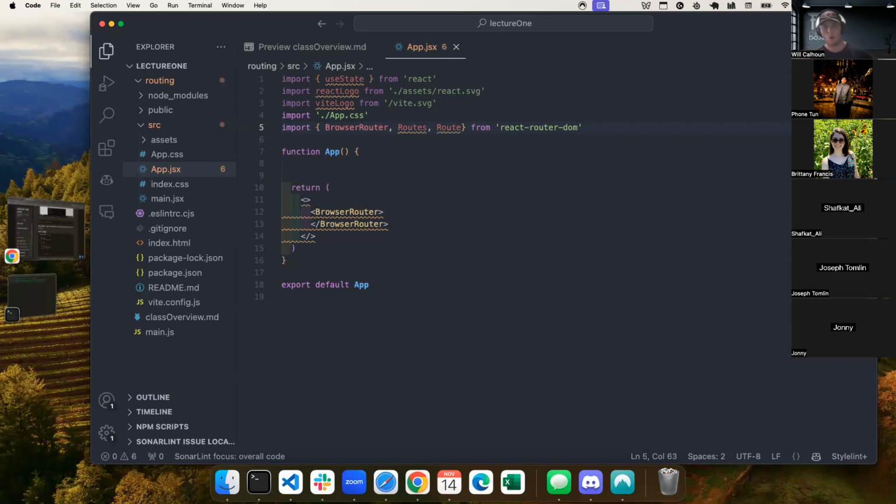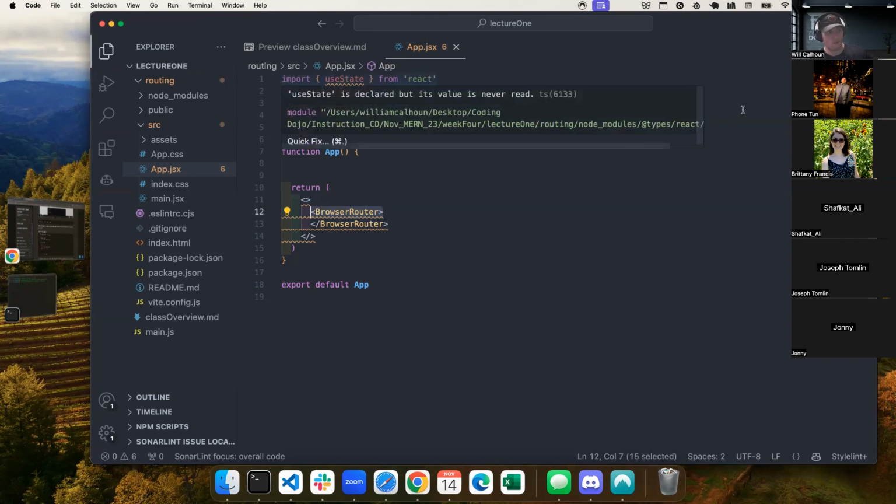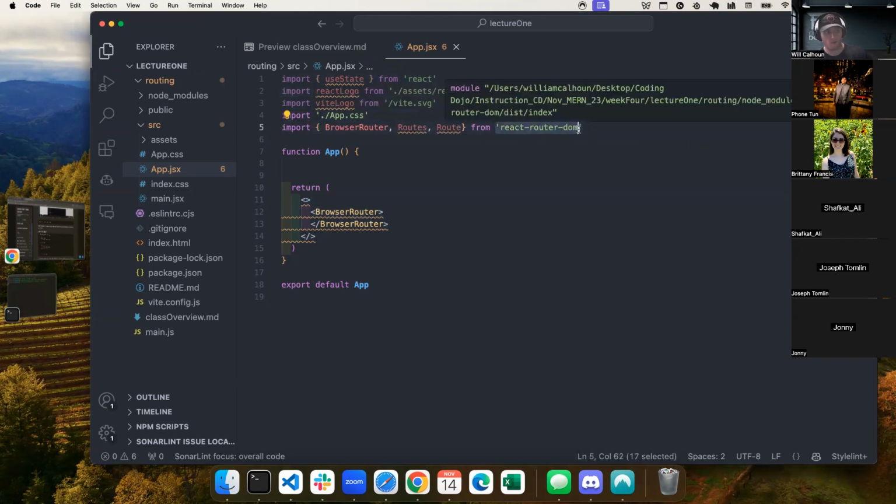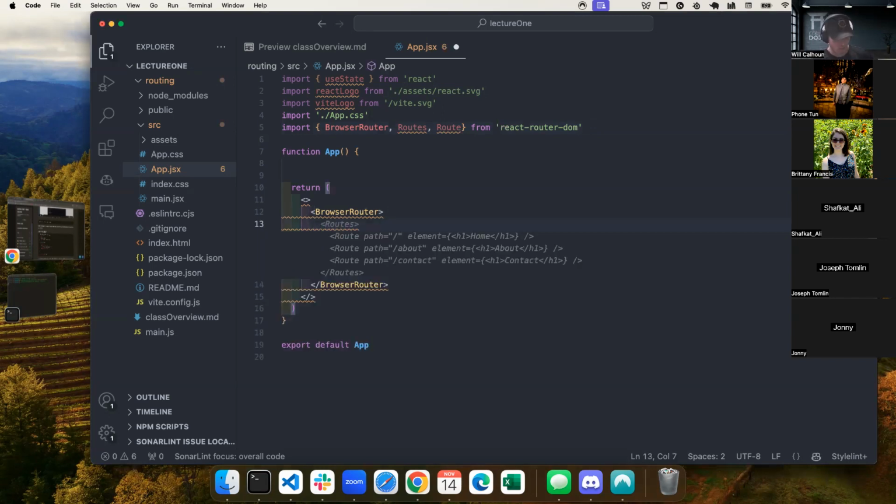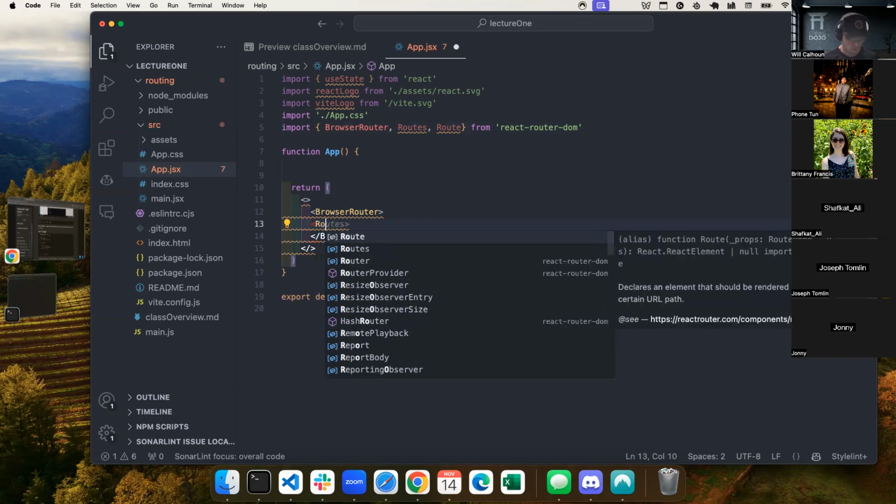We're going to see what these all mean here in just a bit. But for right now, this is kind of what we're doing. Cool. So I bring in all that information. This says, okay, now I have access to this material at React Router DOM. In order for me to actually set a route, we're going to create our first route and we're going to do this. We're going to say Routes.